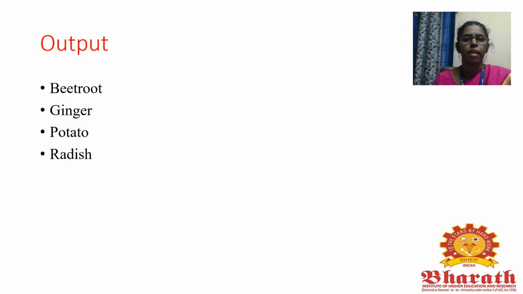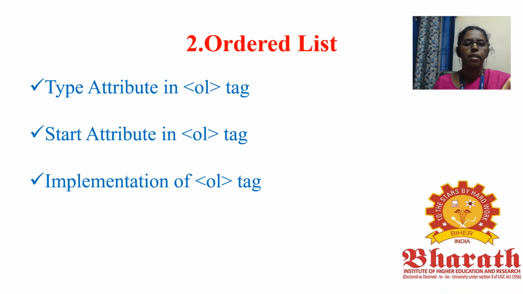Unordered list is nothing but a set of related items that has no specific order. We are having three types, that is the list item may be displayed as a circle bulleted text or the disk bulleted text or the square bulleted text. If we are not specifying any type, then it will be displayed as a default value, that is disk bulleted text. And the second list is ordered list.